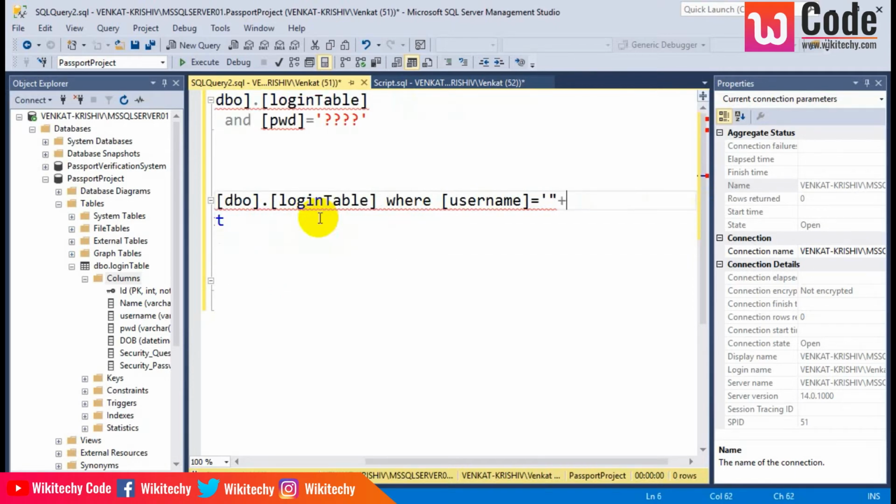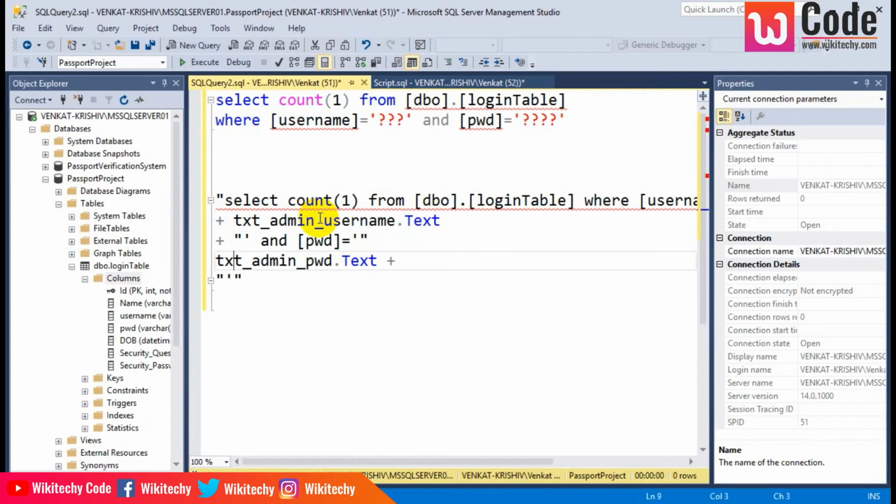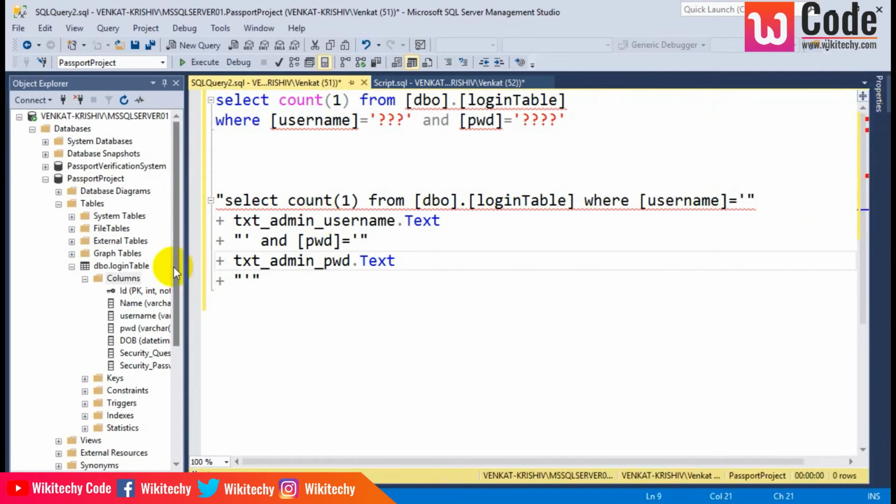It can have it like this. I think you are able to understand now what I am trying to do. Yes, this is the one. You are able to see it here. Select count of 1 from table where username equal to single quotes. I took this one and put it in the double quotes,